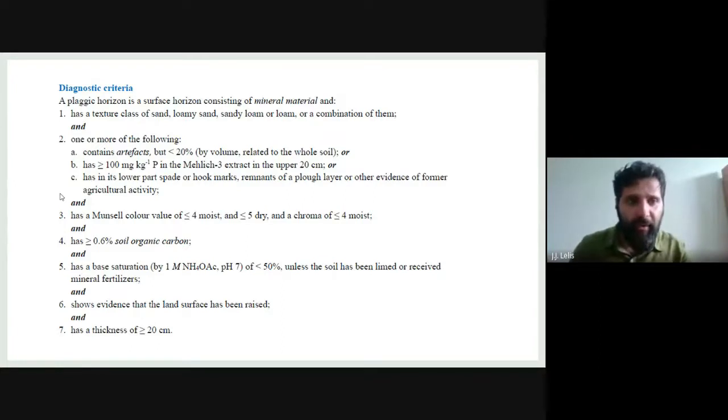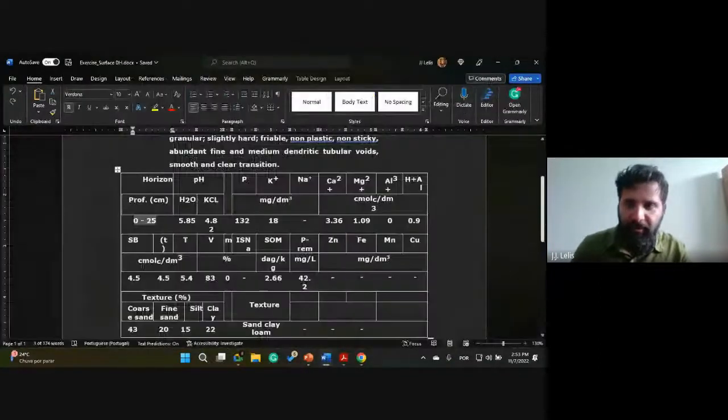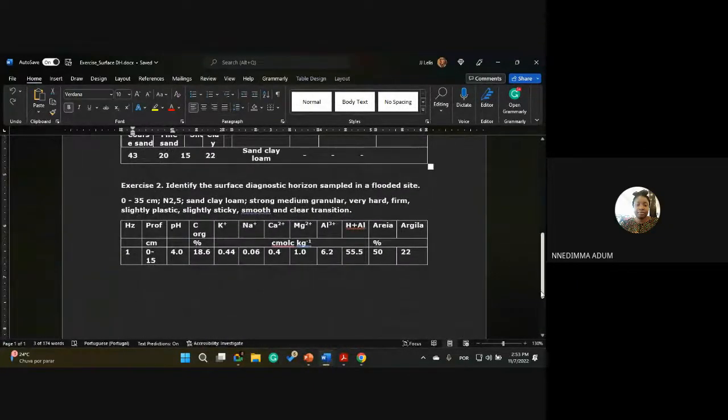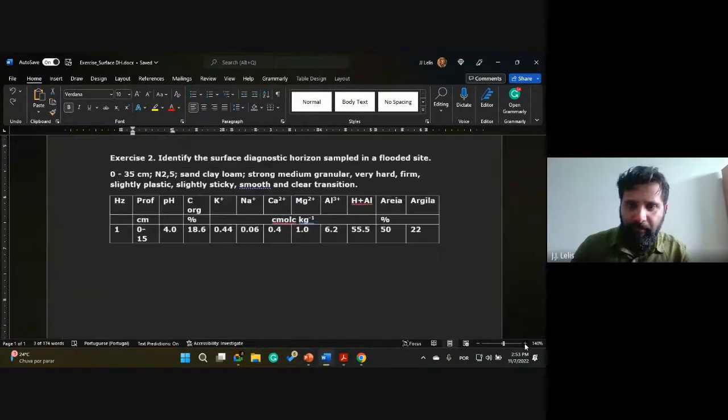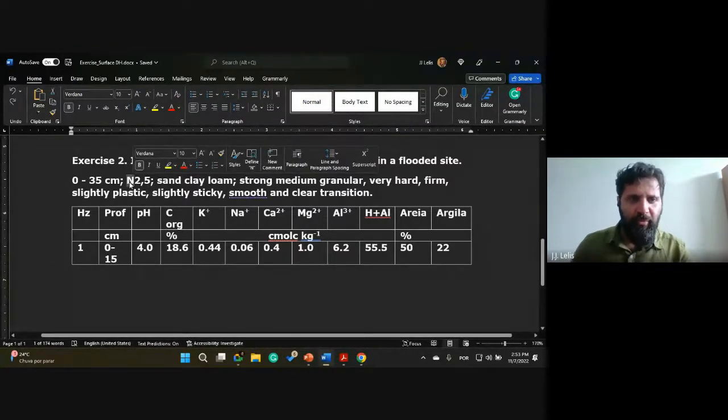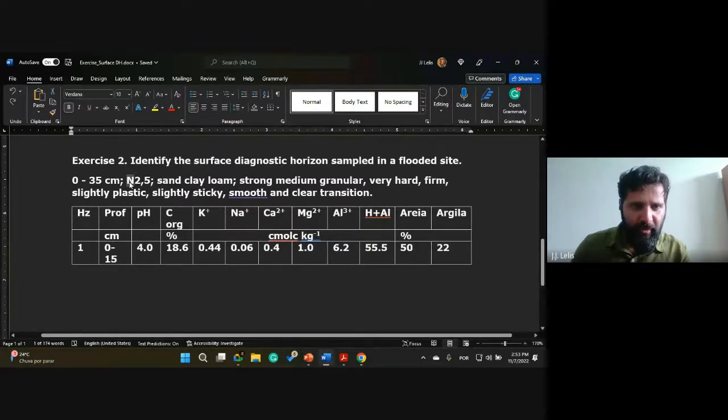Let's see the other exercise here. The second one is easier. In this case, we have a horizon that presents 35 centimeters, and the color is quite strange. We have an N, and this letter is for neutral. It's for gray colors. So this horizon presents gray colors. In this case, we have a gray color,